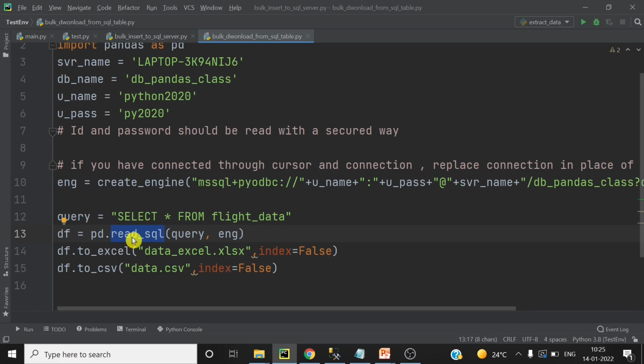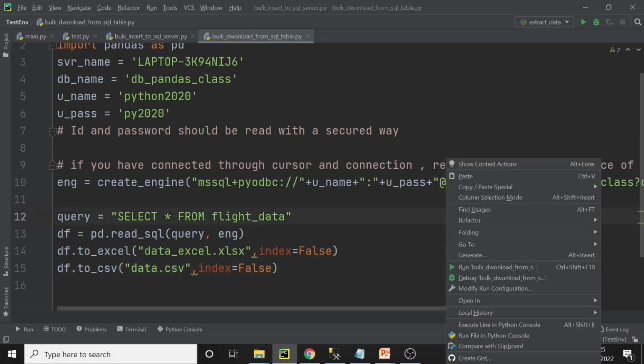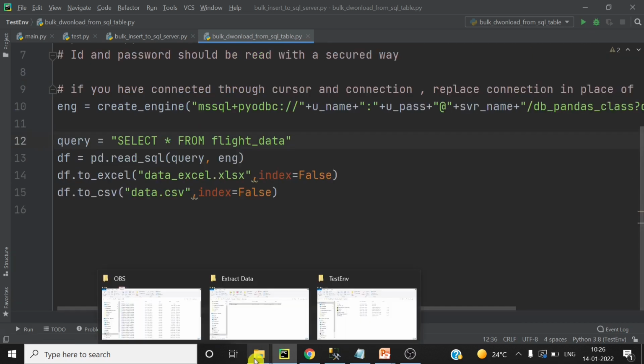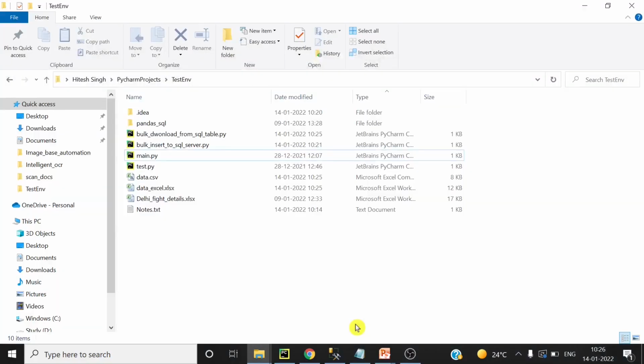Once we have the data frame, we are writing the Excel file here. In the next line, I am using the same data frame to write CSV also. So let's run this code and see the result. Code executed successfully. Let's go to the folder. So you have this data Excel here.